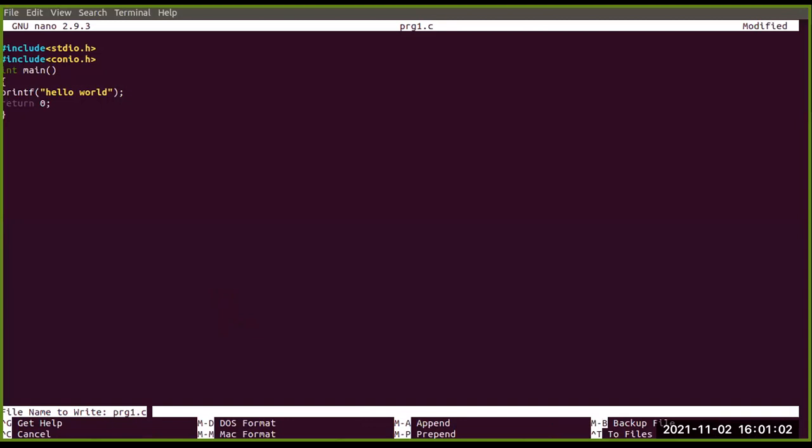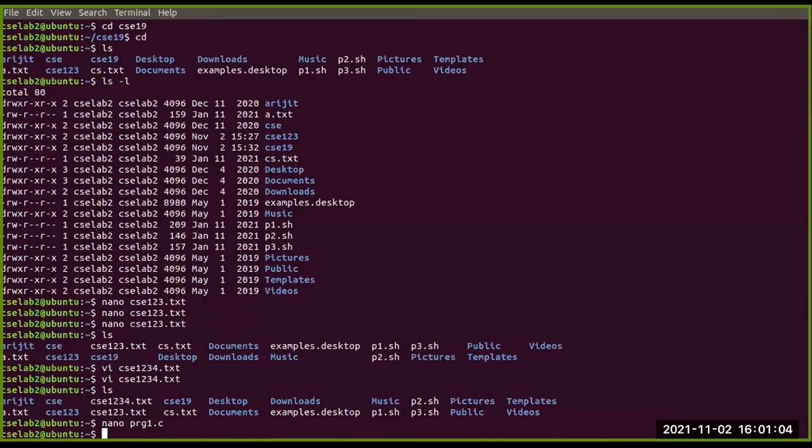So nano program1.c, this is my file name, the file options available with me. Now I have written a piece of code into program1.c.